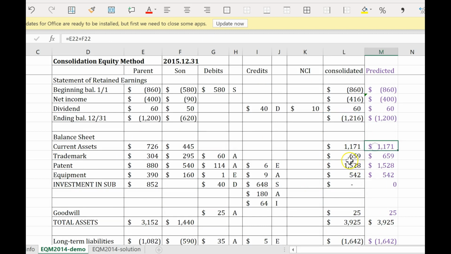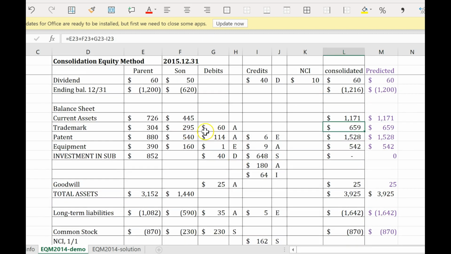Assets, the same. Trademark, I adjusted. I add these two numbers up, adjusted by the A entry. Here for patent, it is the parent's number plus the subsidiary's number. Look at this. The A entry adjusted the fair value excess up to the beginning of 2015, which is 120 minus 1 year of amortization, 6. That's 114. The E entry takes care of the current year's depreciation or amortization of the fair value excess of the